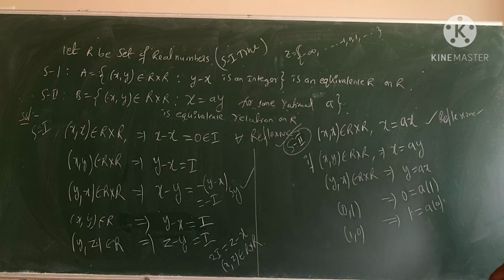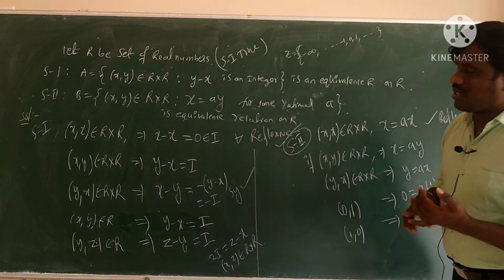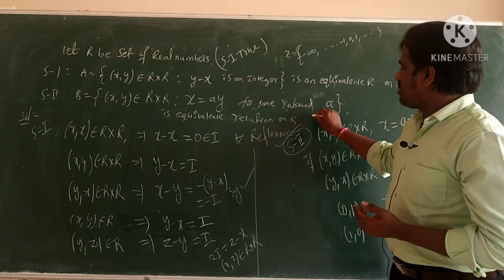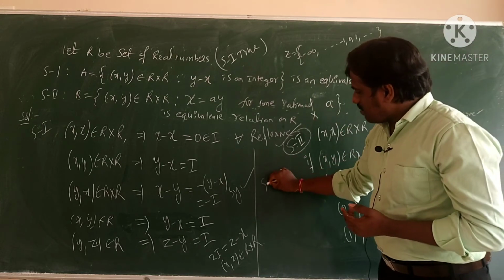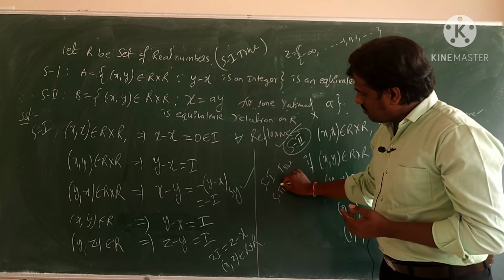Not possible, right? (0, 1) is a relation, then (1, 0) is not a relation. ना, ये एग्जिस्ट नहीं होता है, तो ये सिमेट्रिक बिल्कुल नहीं। अंडरस्टूड पॉइंट? सो सिमेट्रिक नहीं है तो क्या है, क्या नहीं है? ट्रांसिटिव, सॉरी, इक्विवेलेंस नहीं है। So this is false, means statement 1 is true and statement 2 is false.